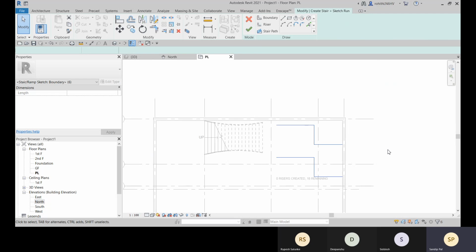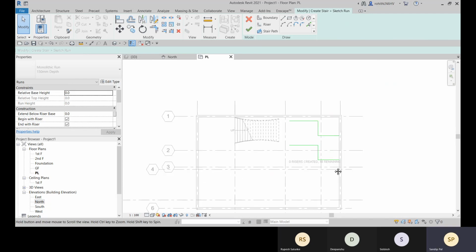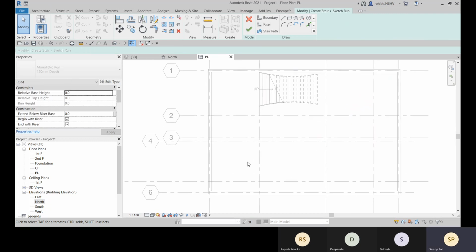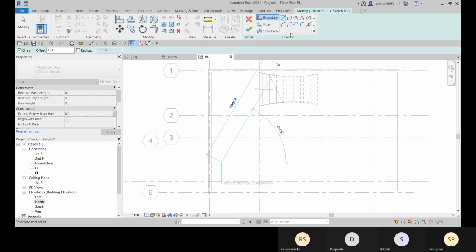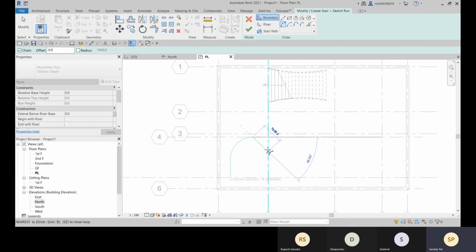And after that, can create it. Create any other kind of form, and I'll go with this start and radius here like that.